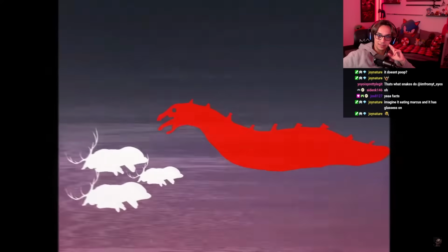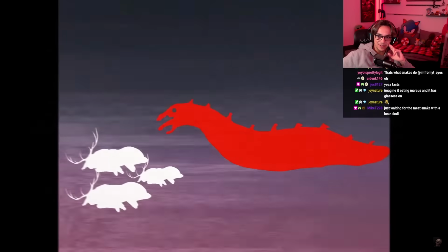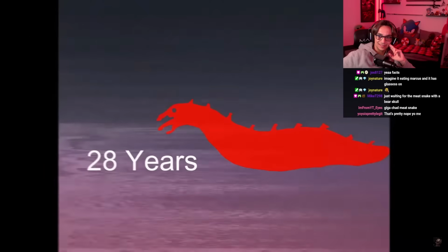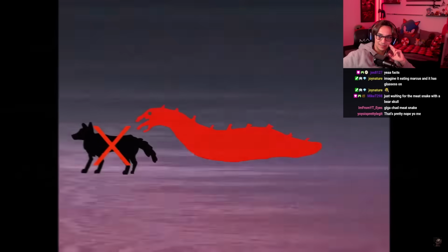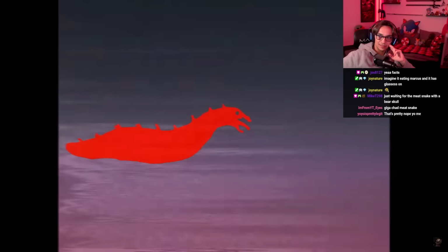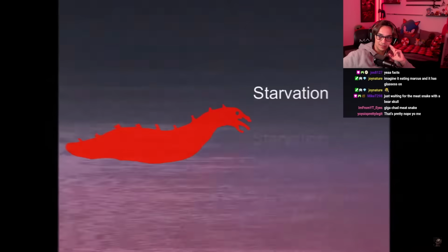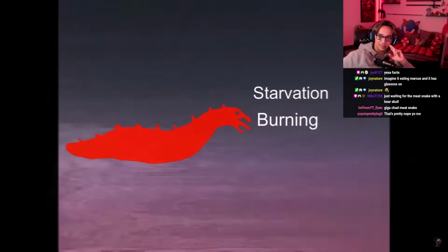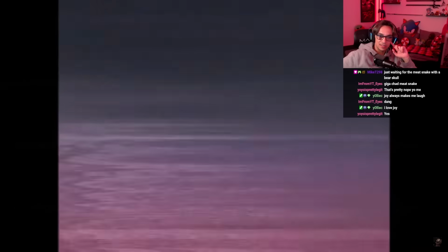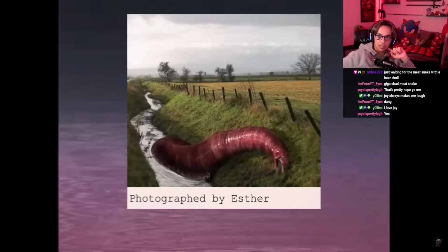A meat snake's lifespan depends entirely on how much a meat snake consumes. The longest one has lived for was 28 years. The meat snake has no predators and is immune to disease due to its preserving chemicals. The only significant ways a meat snake can die is through starvation, burning, or complete destruction of the meat snake's membrane coating. Damn. Interestingly, the meat snake is the only